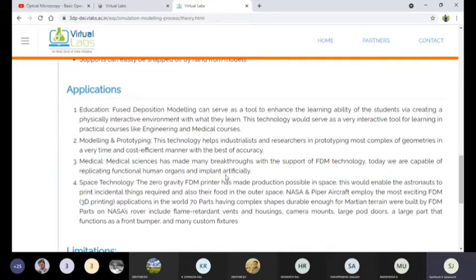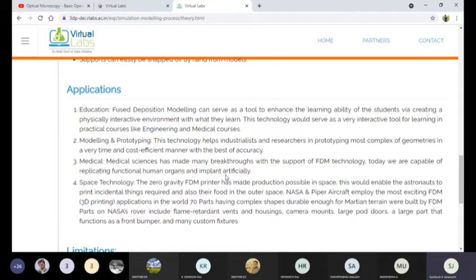Now we can replace human organs as well as body implants and also some dental parts. We can replace parts of our human bodies with 3D components, which are sometimes made of metallic materials, but most of the time they are made of polymer materials.